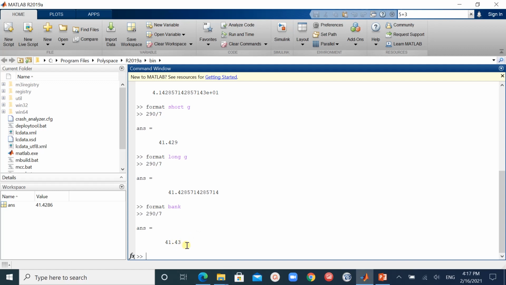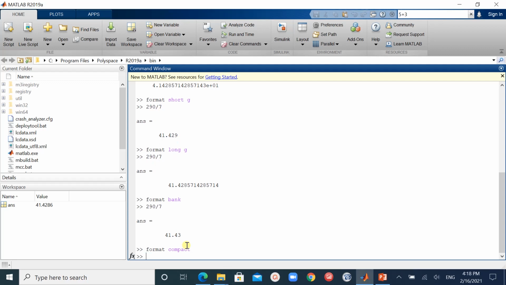Then format compact. It is the same as format long, short, all we did previously, but it compacts the output display. It eliminates the empty lines to allow more lines with information displayed on the screen.